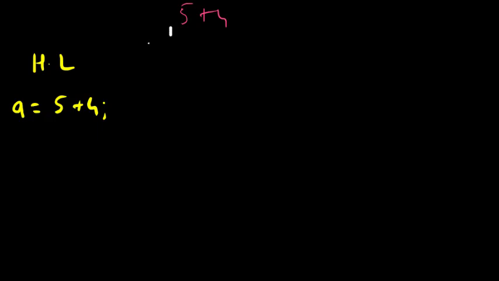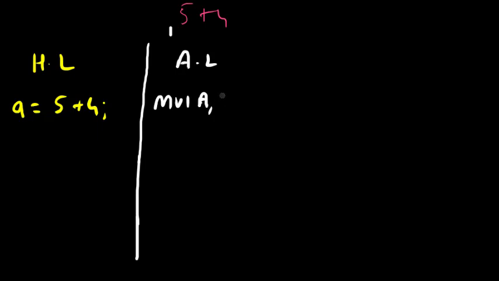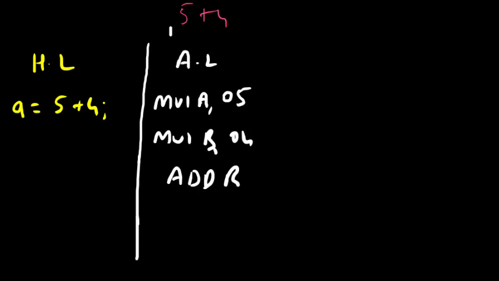Now suppose I want to write the assembly language code. Let us assume that we are using 8085 assembly language. So for the assembly language code for 8085, I will just take MVI A. I will store 5 in A, and then I can store 4 in B, and then ADD B, and then HLT. So this is the 8085 assembly language, or mnemonics, for adding two numbers. There are of course other ways to do the same thing.